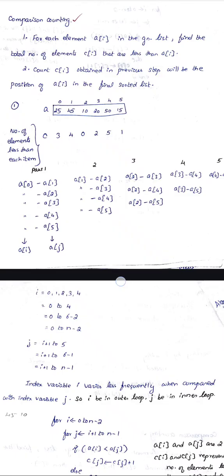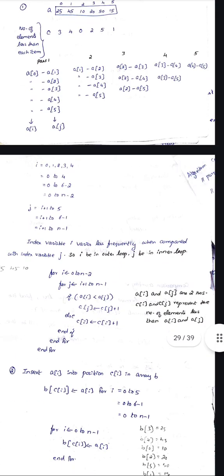Then that will become added to this. That will be increased this. Positioning is given by these numbers. So at the end we will have i from 0 to 4 and j is i plus 1 to 5. Index variable i varies very frequently. This i is 0 to n minus 2 and j is i plus 1 to n minus 1, giving A of i